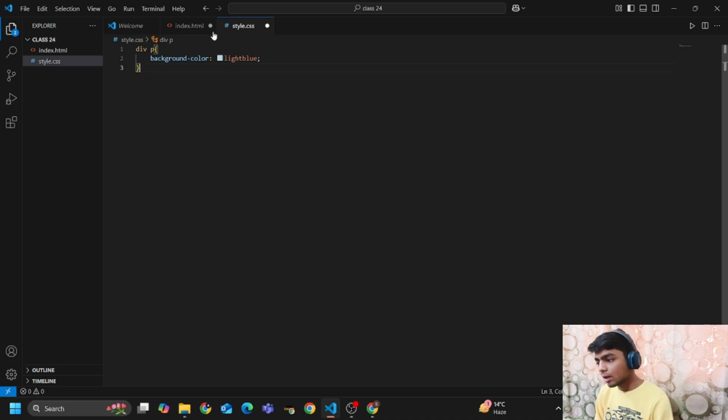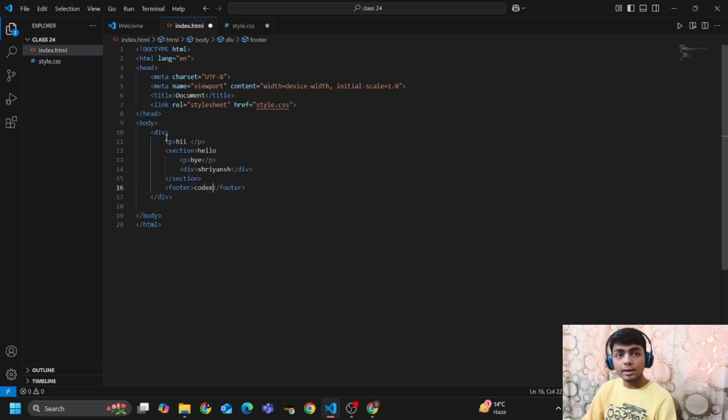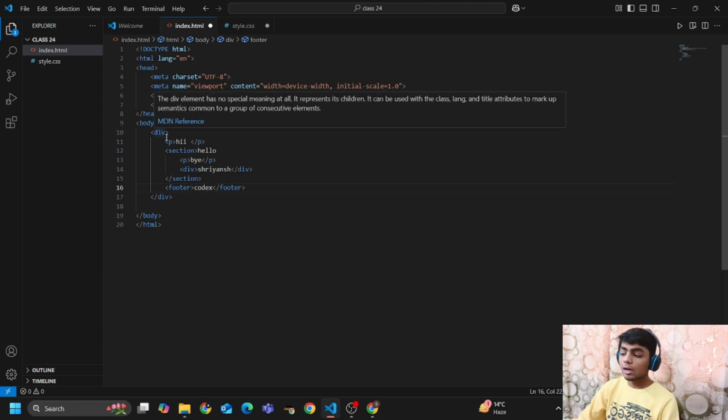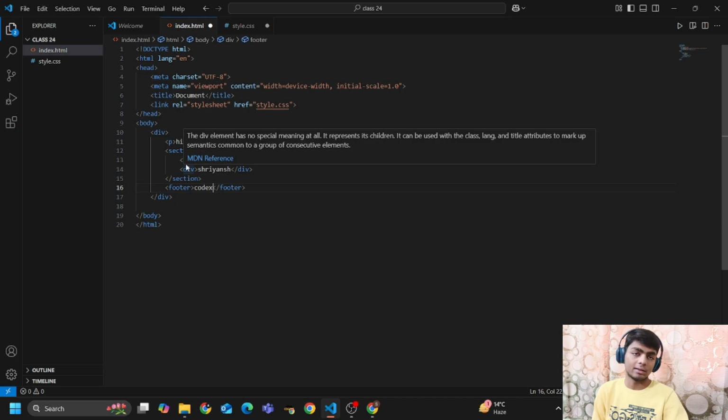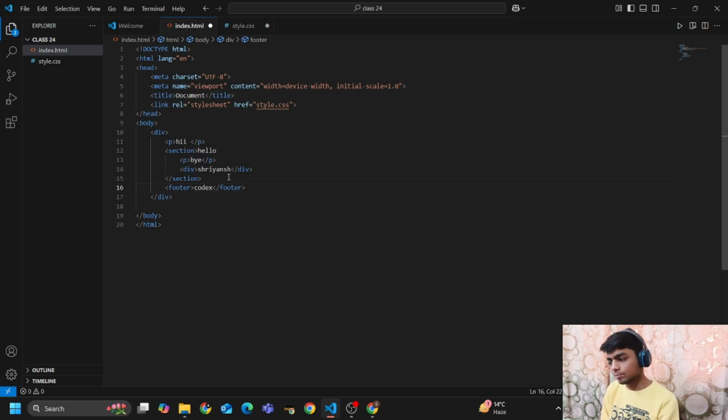I created a paragraph tag inside the div tag, and I also created a section tag inside the div with a paragraph tag inside it. That paragraph tag inside the section tag will also be selected because it's inside the div. That is, all the paragraph tags inside my div will be selected.